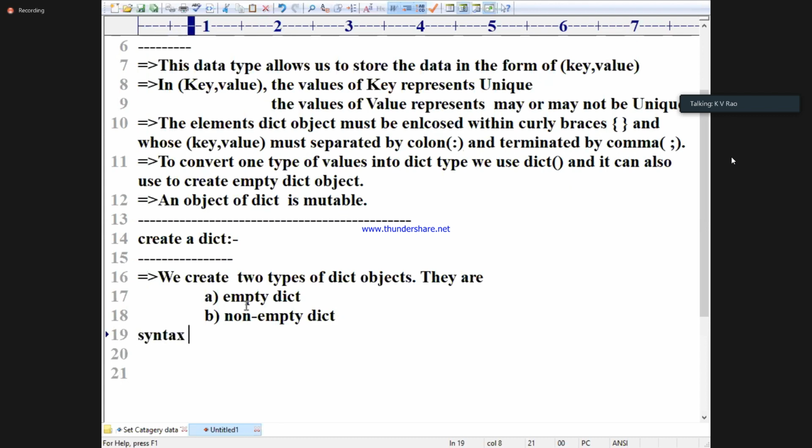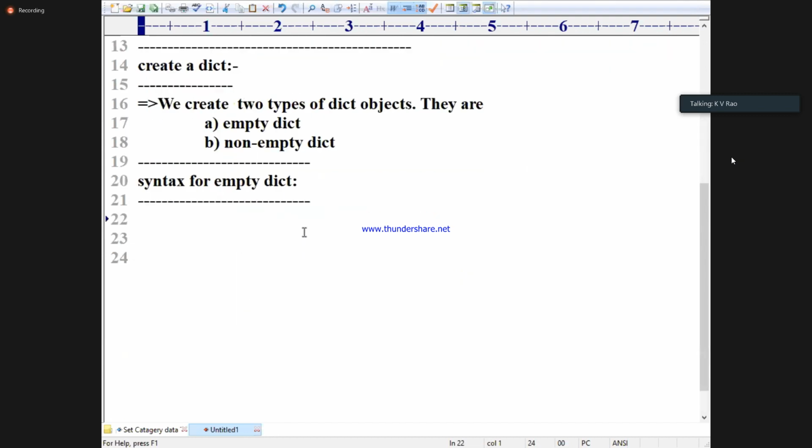Subheading: syntax for empty dict. Two types of dicts: one is called empty dict, one more is called non-empty dict. Now we are going for syntax for empty dict. Please tell me what is the syntax?